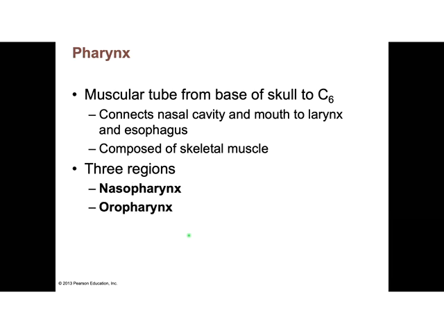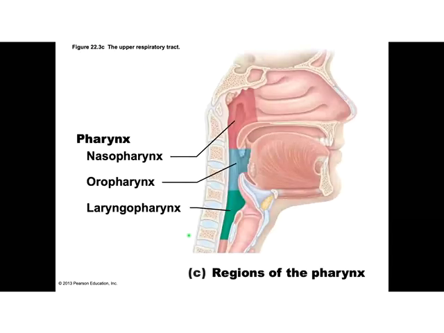The pharynx just connects the nasal cavity to the esophagus, right? It's lined with stratified squamous epithelium in the oro and laryngeal pharynx, right? And in the nasal pharynx, it is simple columnar. Okay. There is skeletal muscle in the pharynx that we use to aid in swallowing. All right. And then in the esophagus, which is the food tube that goes to the stomach, it begins as skeletal muscle and it transitions to smooth muscle on the way towards the opening to the stomach. The three regions: the nasopharynx behind the nose, the oropharynx behind the mouth, and the laryngopharynx behind the voice box